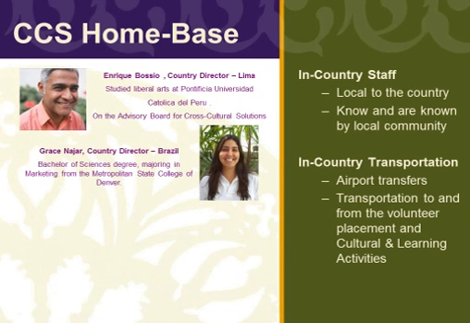They lead all of the staff. They work directly in the home base. So during the day, you'll have access to the in-country directors, and then at night, we do have security guards that can always get in contact with them. In addition to that, Kike, for example, has worked in the nonprofit world in Peru for 20 to 25 years. So any type of course, there's never been an area that he hasn't had a connection to.